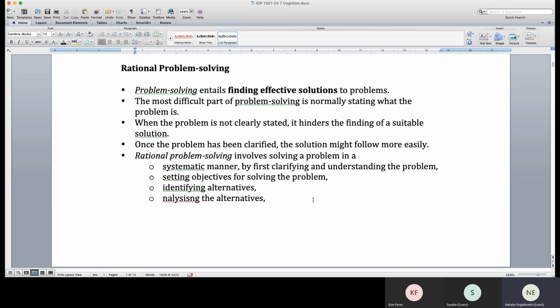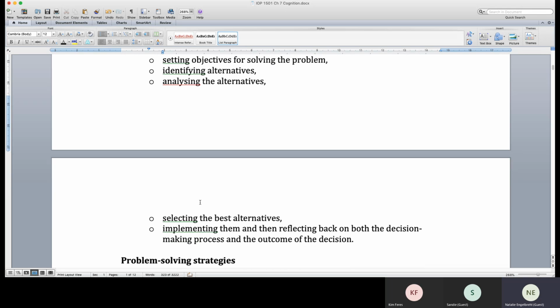Once the problem has been clarified, the solution might follow more easily. Rational problem solving involves solving a problem in a systematic manner by first clarifying and understanding the problem, setting objectives for solving the problem, identifying alternatives, and then analyzing the alternatives, selecting the best alternatives, implementing them, and then reflecting back on both the decision-making process and the outcome of the